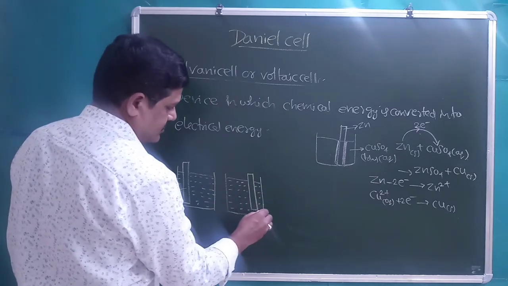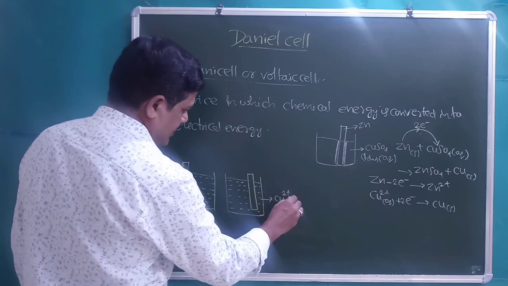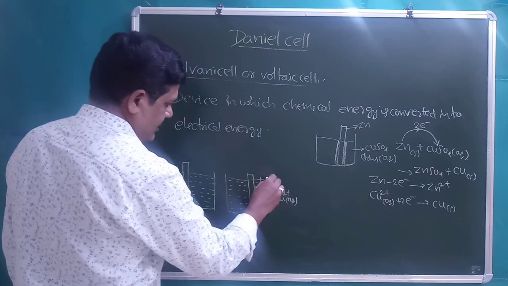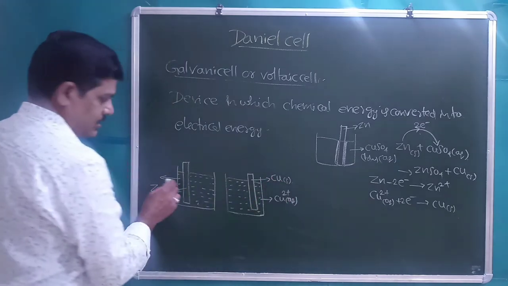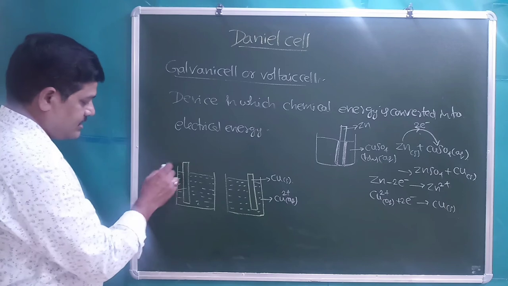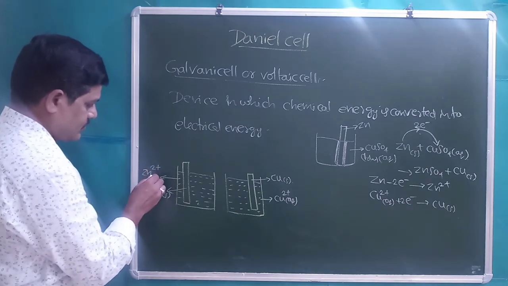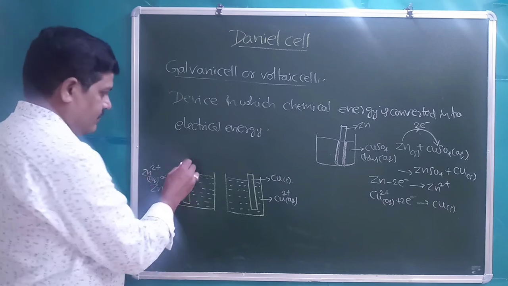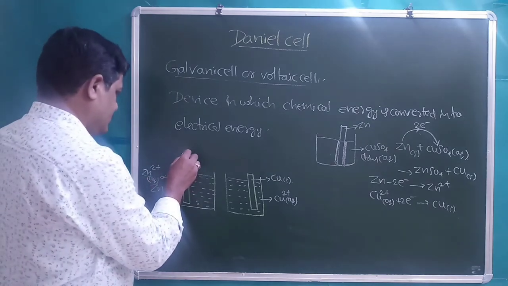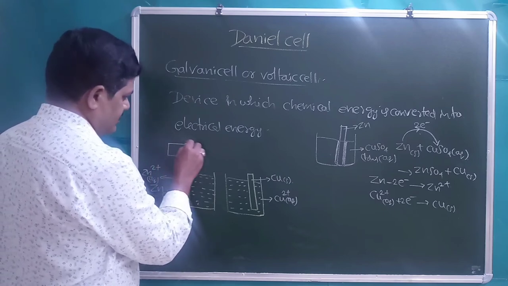I am indicating it as Cu2 plus aqueous, and this rod is copper rod, Cu solid. This side, zinc rod is immersed in the solution which contains Zn2 plus aqueous. So students, when we connect these two electrodes or the metal rods through some wire,